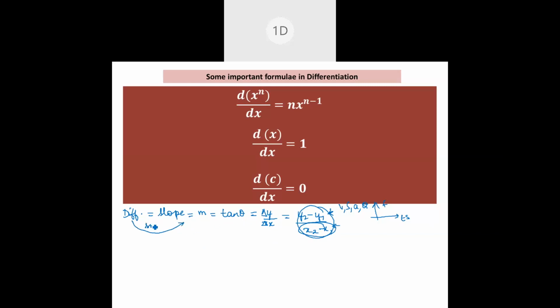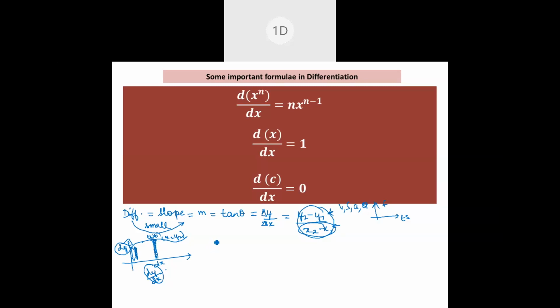But the word you should remember is small slope. Suppose this is a characteristic. If only a little part of it is being discussed, we say dx is this part and dy is this part, so dy by dx is the slope. Please don't think that this whole thing is dy. This change over here, say some x1, y1 and some x2, y2, that change is dy. The dy is y2 minus y1.